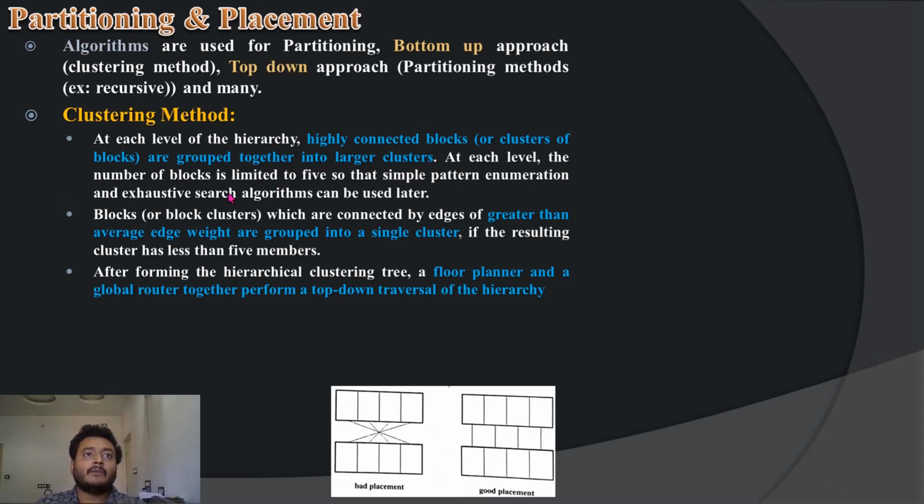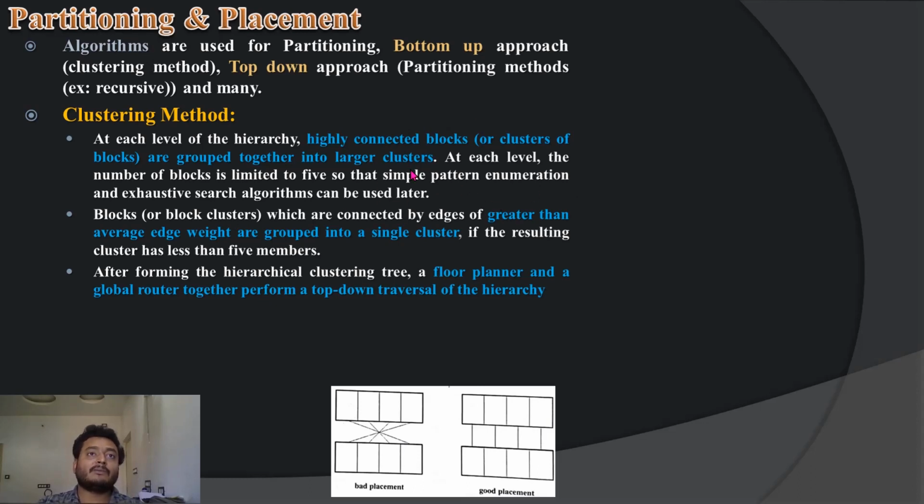And for the blocks and edges, we consider edges with greater than the average weight. The weights come from the graph we create, called a DFG, a data flow graph, which goes into linear algebra and mathematics. We discuss edge costs and, based on that, analyze this method.